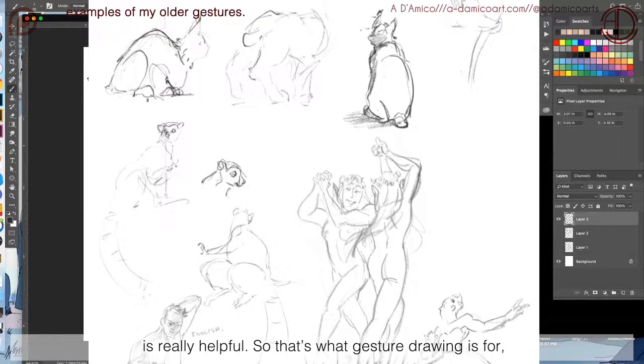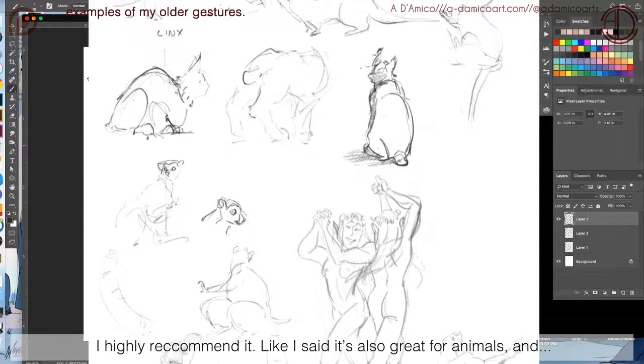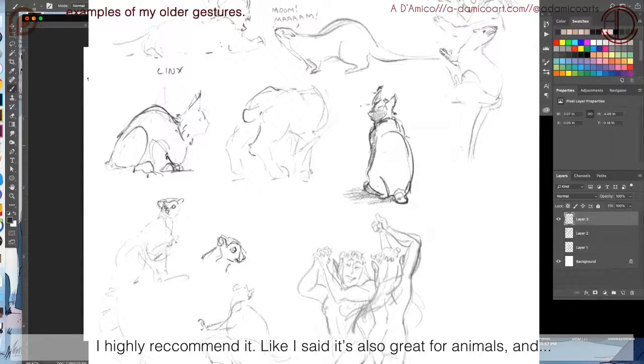So that's what gesture drawing is for. I highly recommend it. Like I said, it's also great for animals,